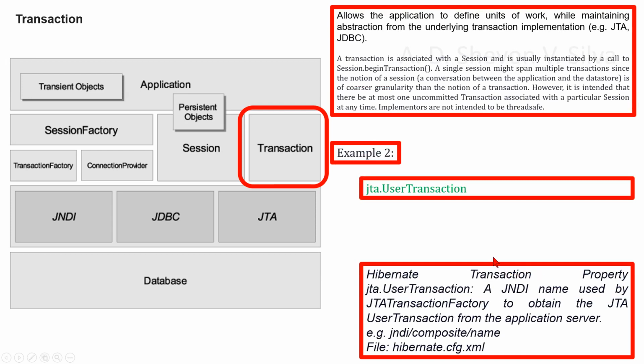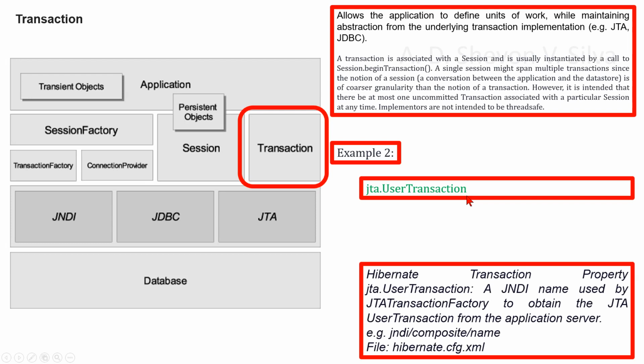As an example too, we can consider jta.UserTransaction in hibernate.cfg.xml. Hibernate transaction property jta.UserTransaction: a JNDI name used by JTA TransactionFactory to obtain the JTA UserTransaction from the application server. For example, JNDI